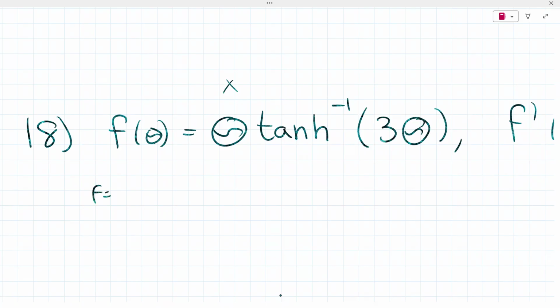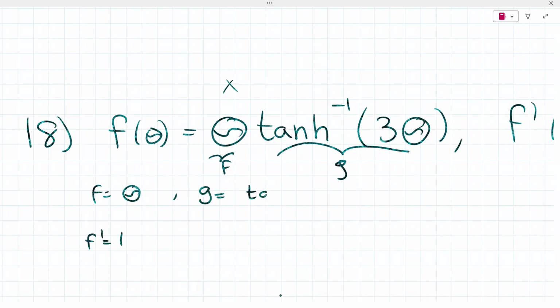So what's our f? My f is this, and my g is this. So f is theta, and then f prime is 1, and g is tan inverse of 3 theta. g prime is what? What is the derivative of tan inverse? It is